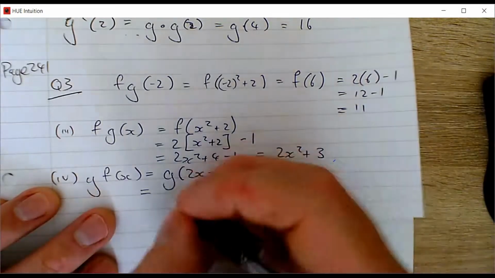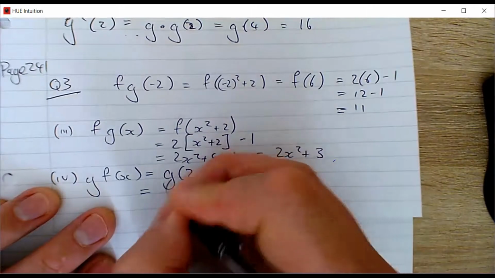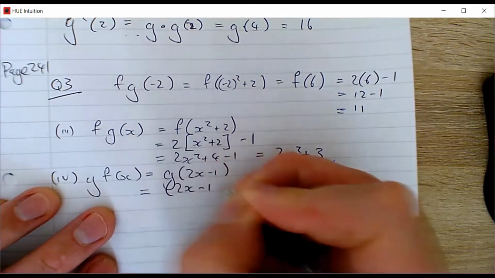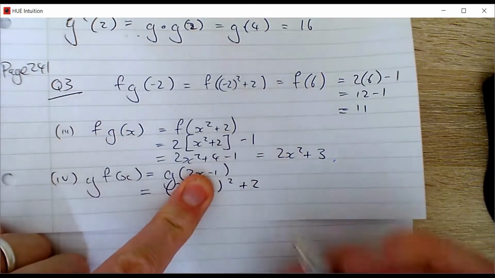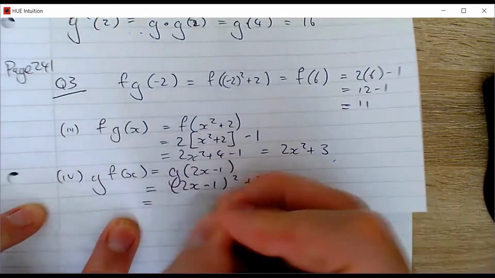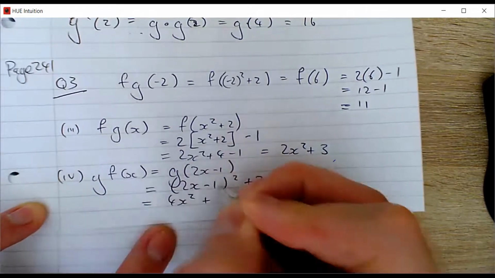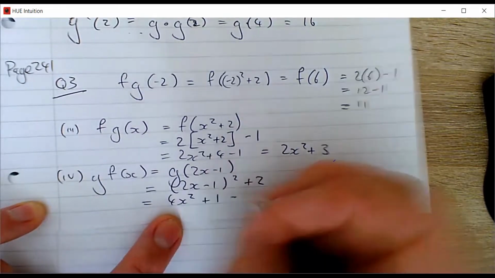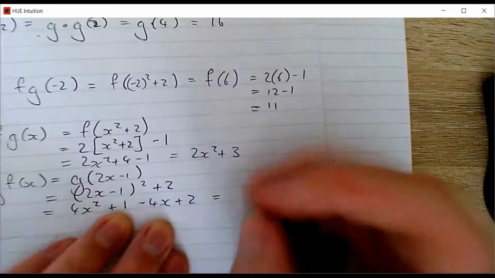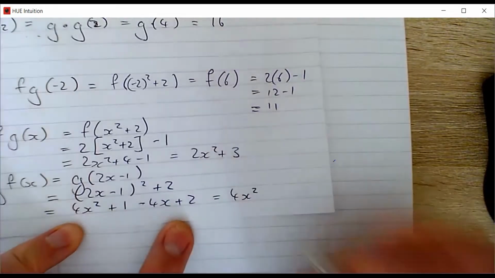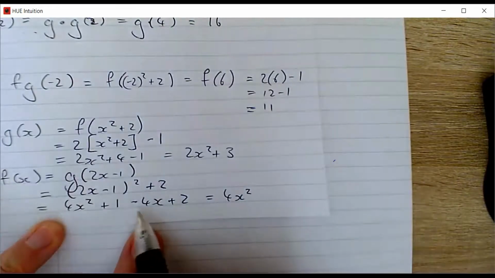So that's going to be 2x minus 1, squared, plus 2. Okay, and what do you get there? Square the first, square the second, twice the product is minus 4x, plus 2. You get yourself 4x squared minus 4x